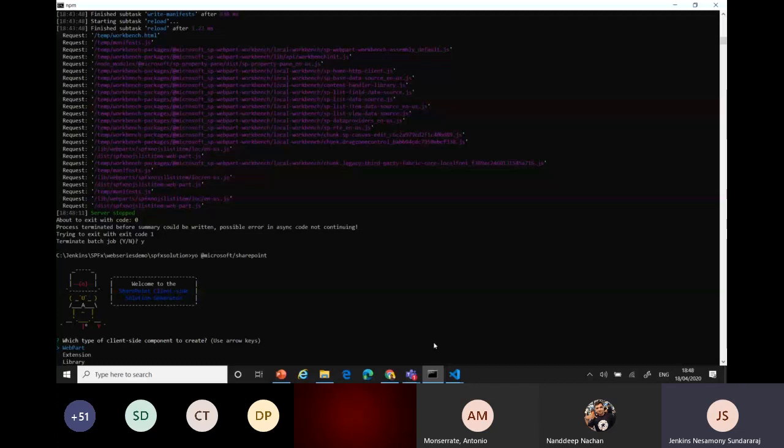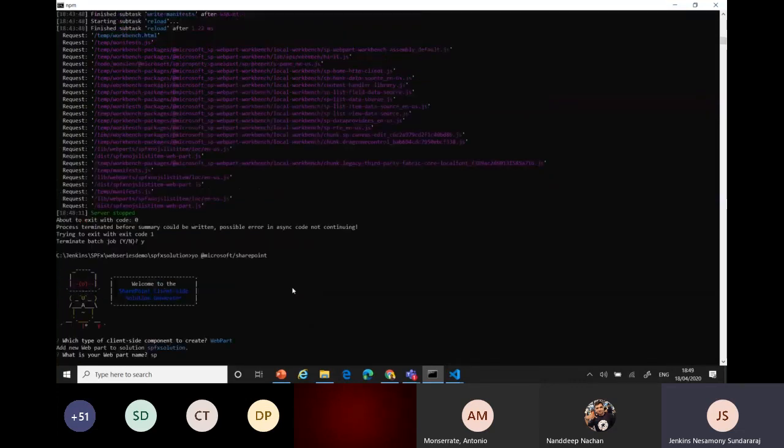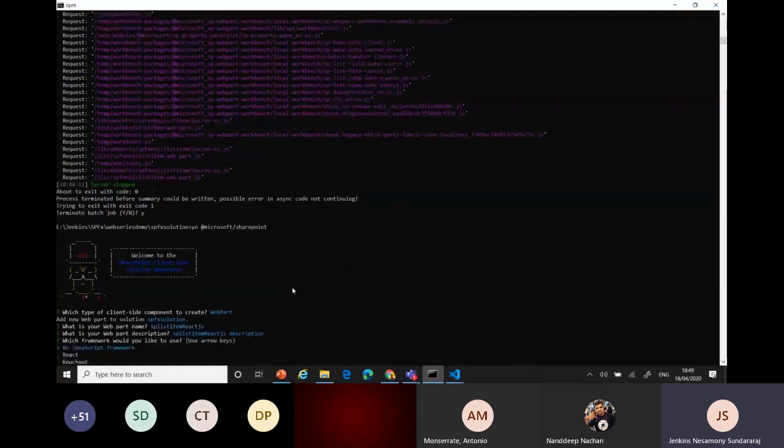For the React part, I created the web part and gave the name SP list item React JS. For the description, I go with React.